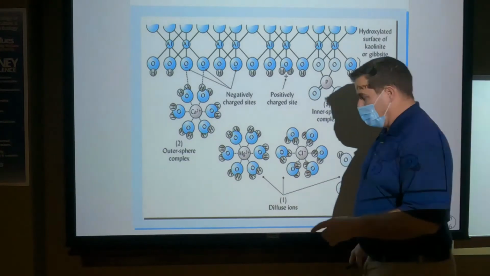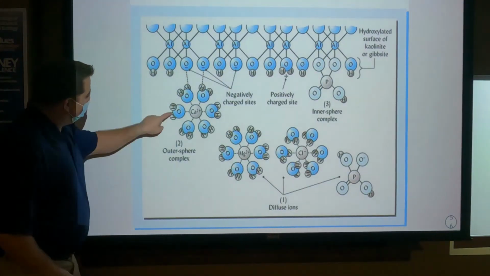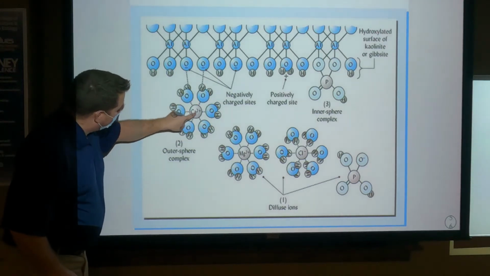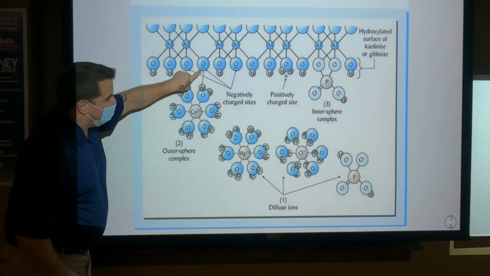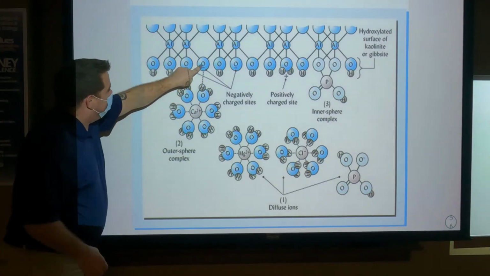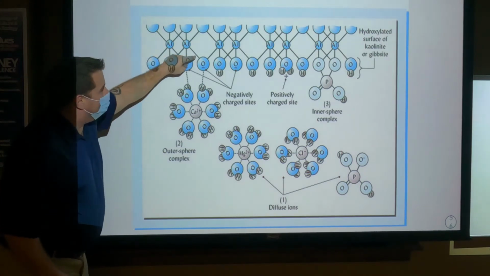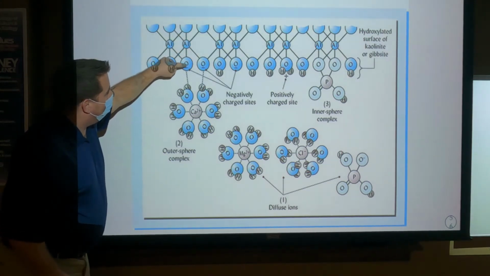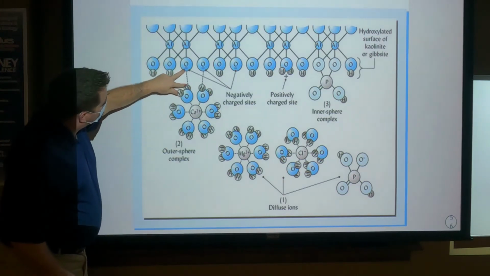So here we have our outer sphere complex with this water molecule. We have water molecule surrounding this calcium 2+ and forms an electrostatic bond with this hydroxylated edge of this tetrahedral layer. This is actually in gibbsite, but it would be the same if it were in kaolinite. And so because there's a hydrogen bond here,